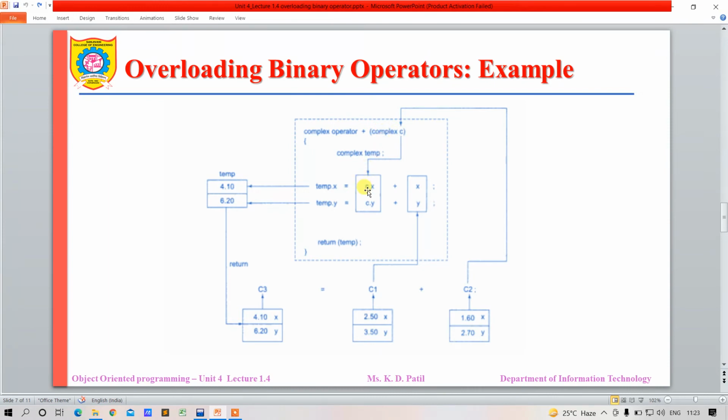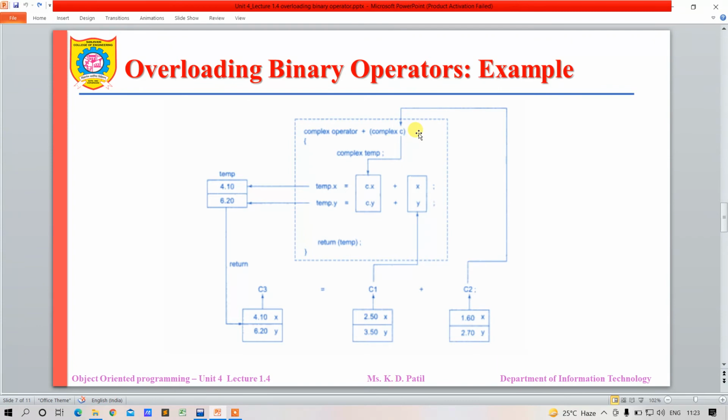So we will write here c1.x and c.x and c.y. So we are going to take the help of the parameter which we have passed to this operator function. I hope you have understood why we are going to take only one parameter while we are overloading the operator with the help of a member function.